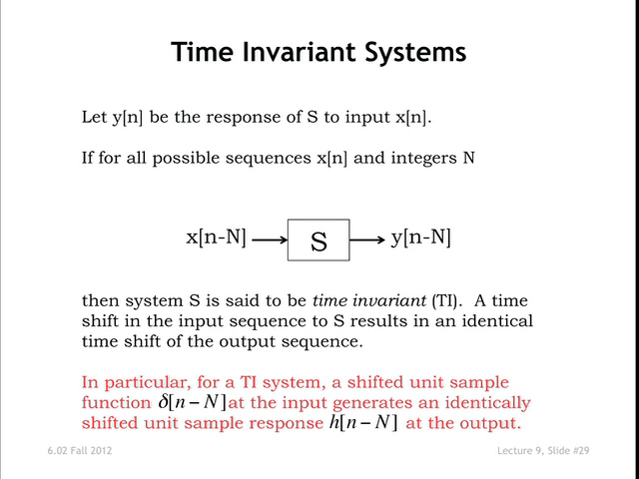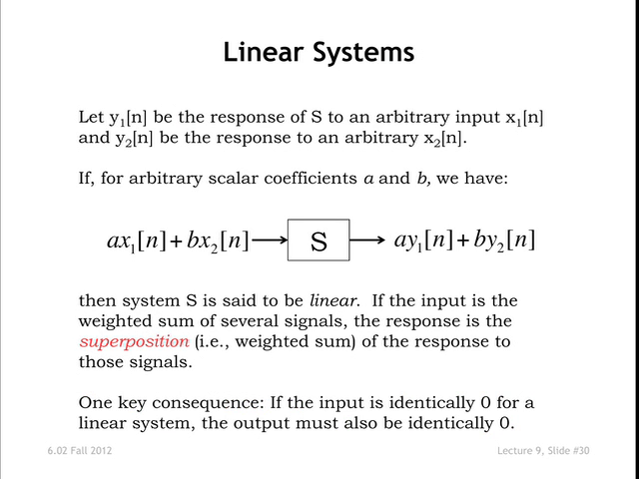OK. So for instance, if you had a time invariant system and you put in a delayed unit sample, this is a unit sample that has the value 1 at the point capital N. Your response will be the unit sample response, but correspondingly delayed, right? So time invariance of a system allows you to do that, and that's very convenient. Here's the other property that's